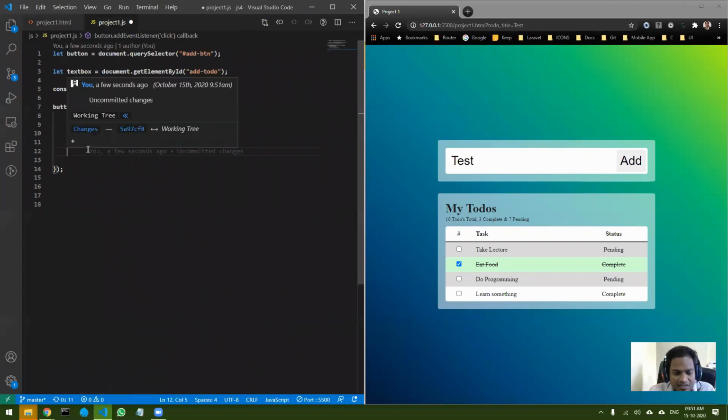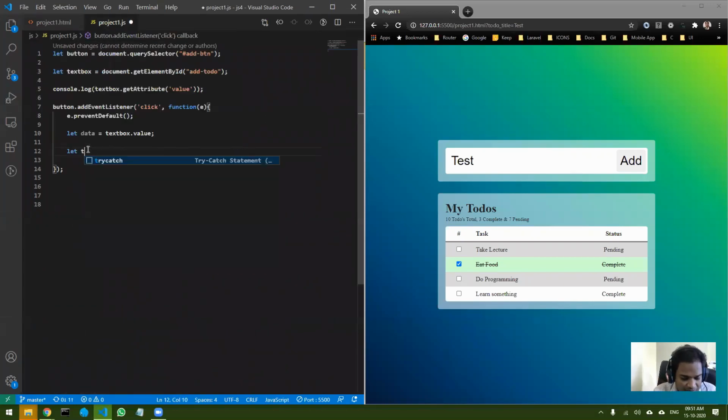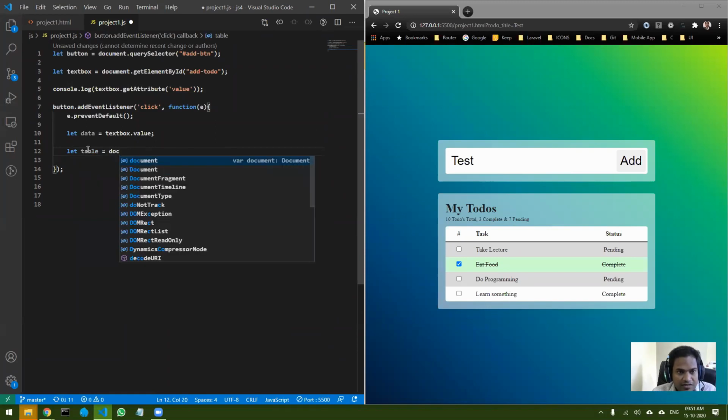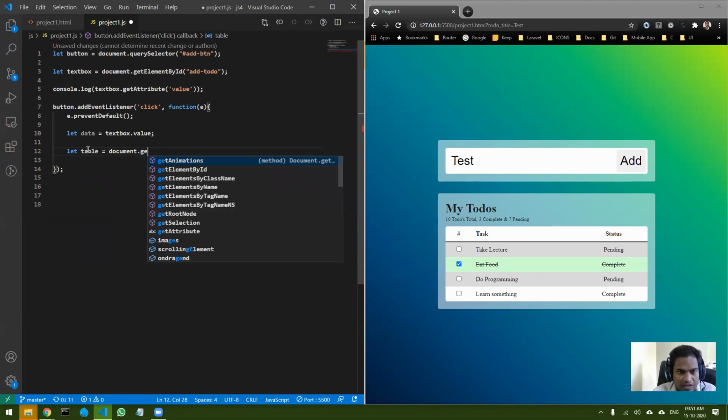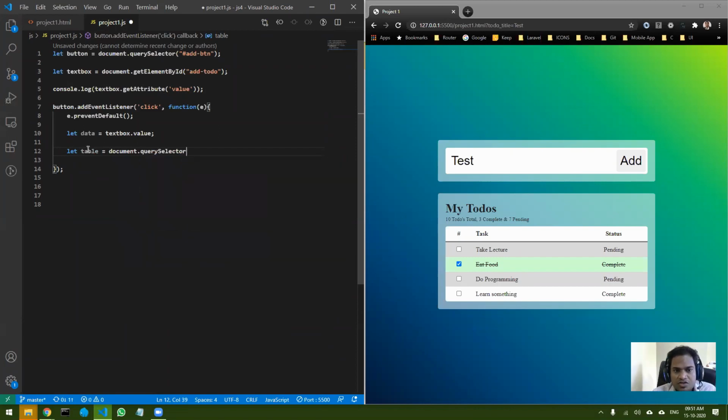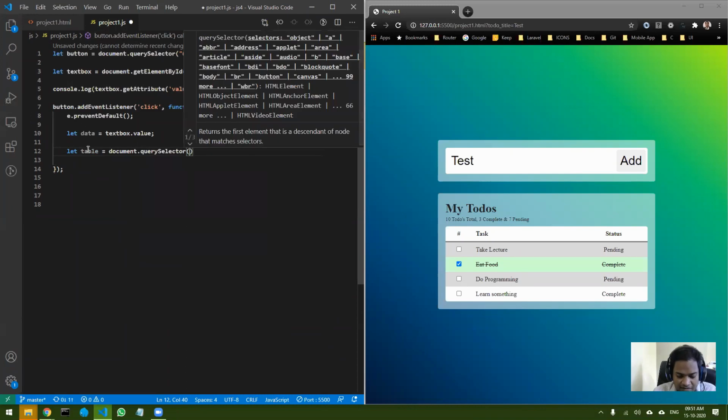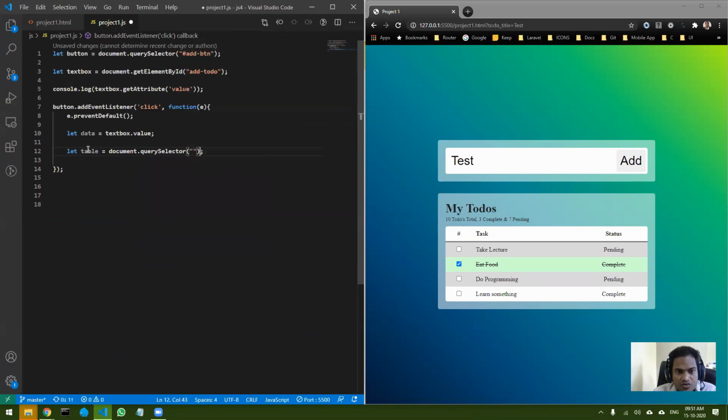Let's do let table is equal to query selector, and the query selector that I want to use is table. Obviously I want to select the table, but inside that table I am specifically going to select the T body part.